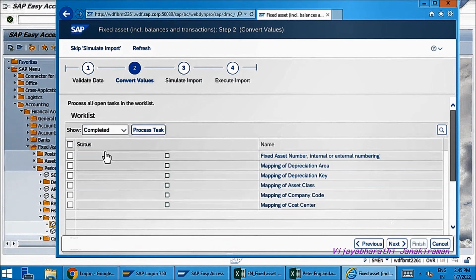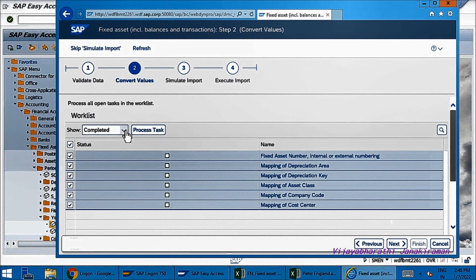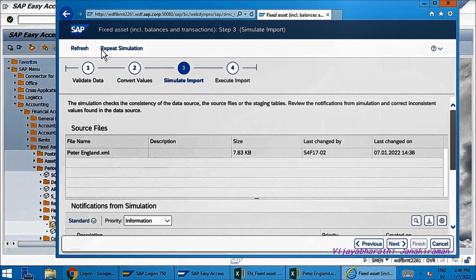Now go to completed and see even the mapping of cost center is now appearing green. Now click on next and say repeat simulation.